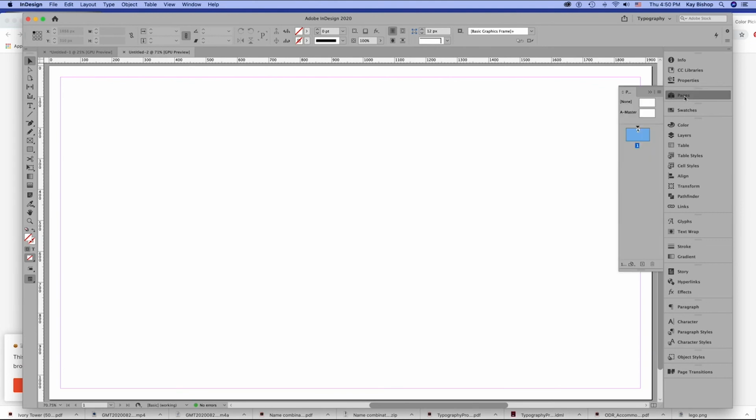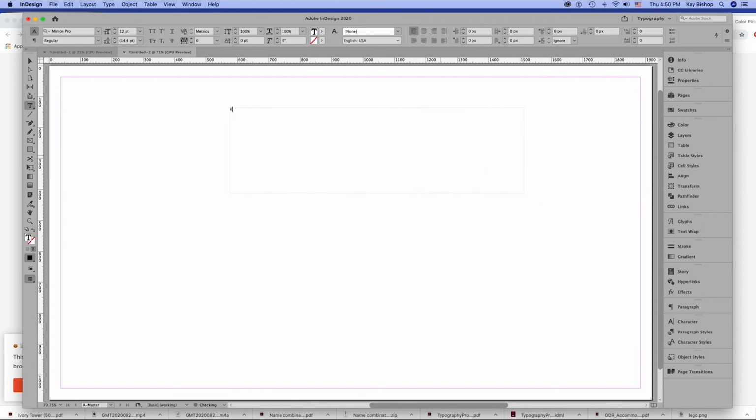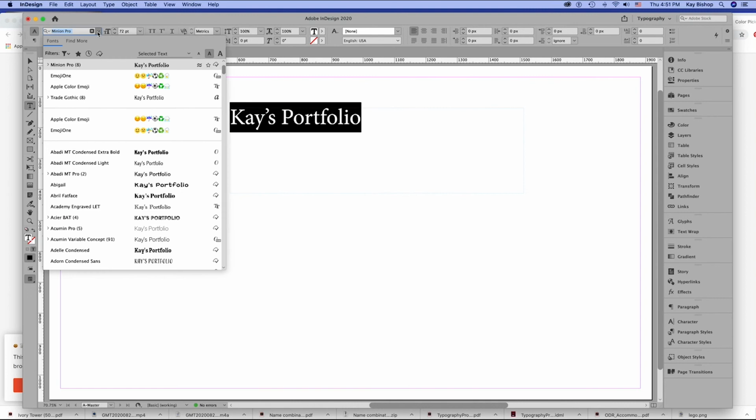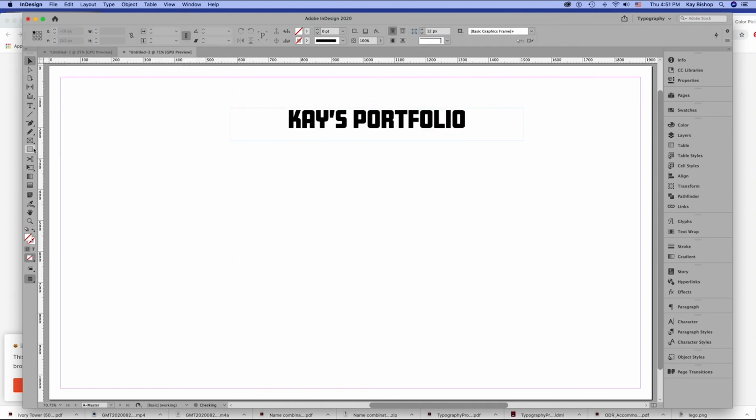And you can go to your page menu, and you could even start with your master page and just create a master page layout. So I can just start with a text frame and type in my title for my header. Select a basic font. I'm going to center that. And then if I want to create a frame where, let's say, I'm going to put an image here,